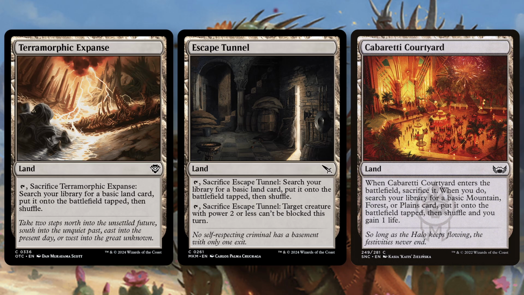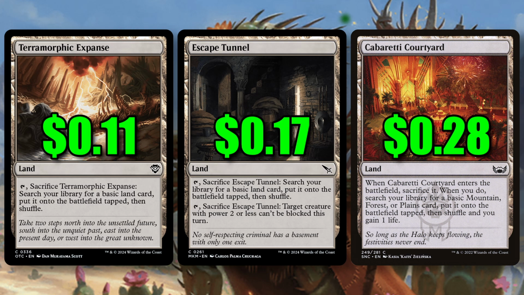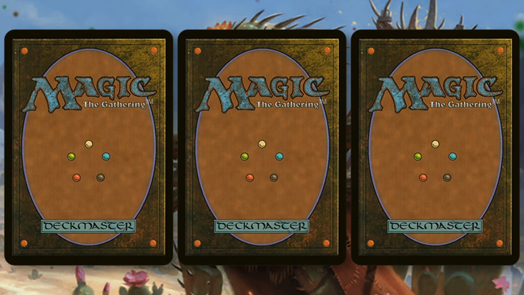3 land adds are Terramorphic Expanse, Escape Tunnel, and Cabaretti Courtyard. These lands will end up in the graveyard to help cast Yuma and help fix your mana. And not for nothing, this deck is not absent of landfall triggers, and taking the deck in that direction is totally viable. These next few are not budget options, but I would be remiss not to include them somewhere in